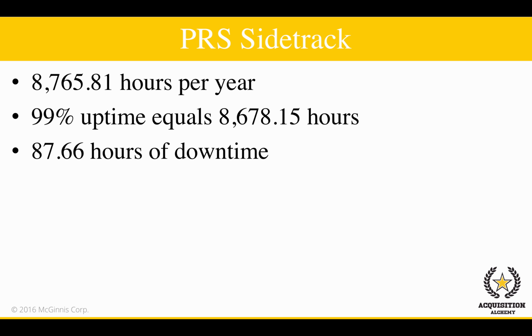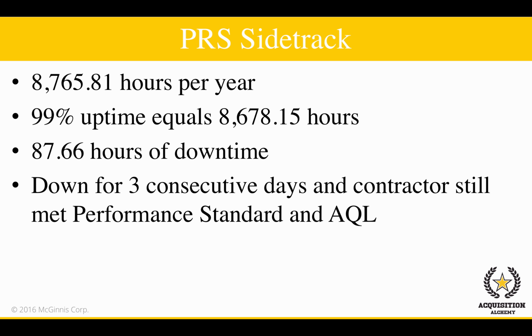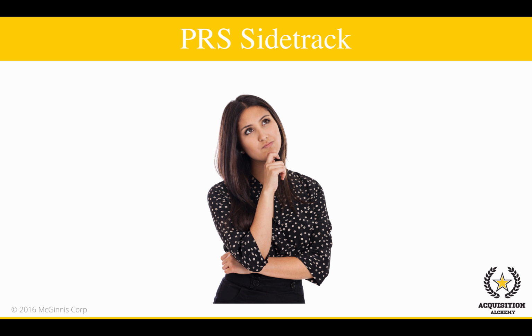When we do the arithmetic, we find that establishing an AQL of 99% allows the contractor to have 87.66 hours of downtime and still be compliant with the performance standard. Theoretically then, the servers could be down for over 3 consecutive days, and the contractor would still meet the performance standard in AQL. Can you imagine your commander being accepting of the servers going down for 3 days in a